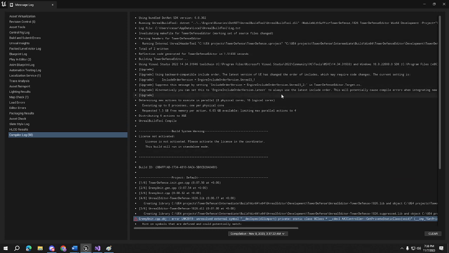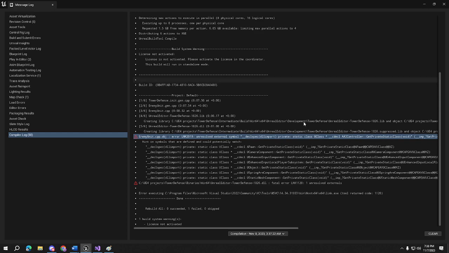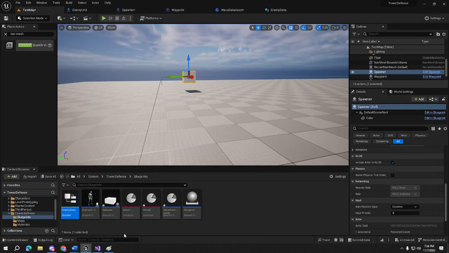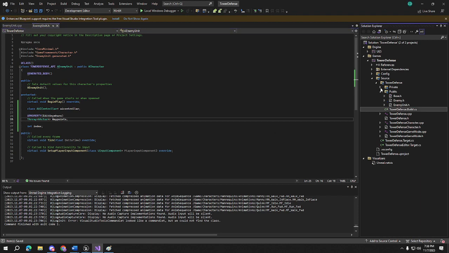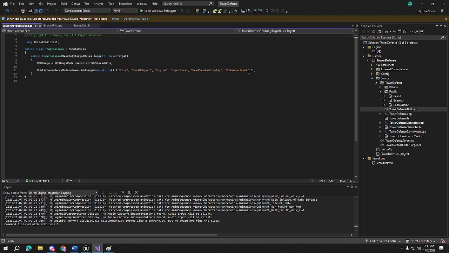Yeah. So, the fix to this, in case the AI controller suddenly stops working, you access the, where's that? Tower defense. In my case, this is called tower defense, the project. .build.cs. And in here, you add AI module on the end. I don't know why they did not add it automatically. Maybe it's to save, I don't know, memory. But they need to add AI module in the end of this